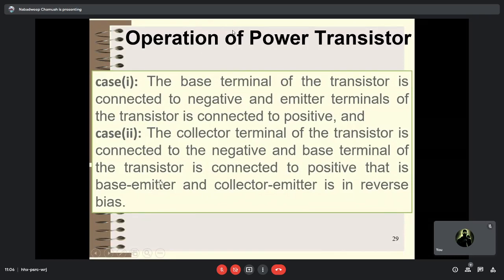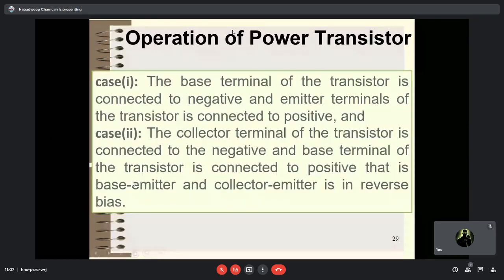How will this happen? The collector terminal of the transistor is connected to the negative, and the base terminal of the transistor to the positive. That is, the base emitter and the collector emitter junctions are reverse biased. The base emitter junction is reverse biased by connecting this, and if you connect like this, then the collector emitter junction will be reverse biased,